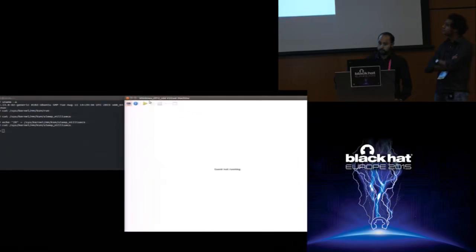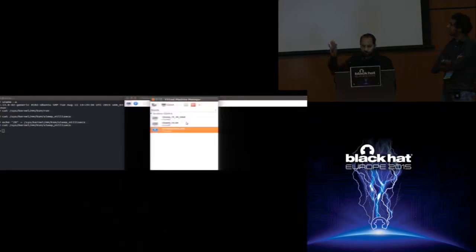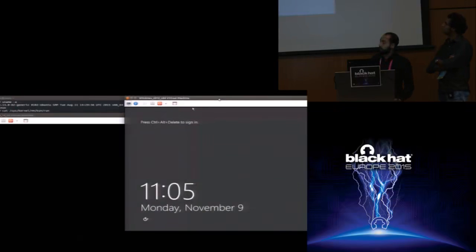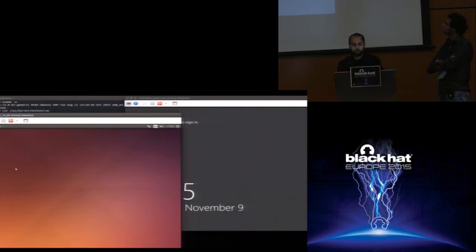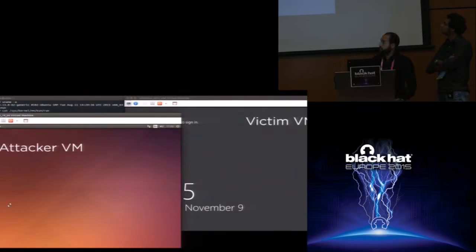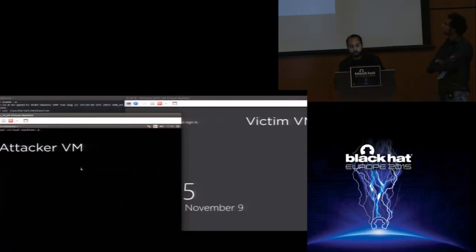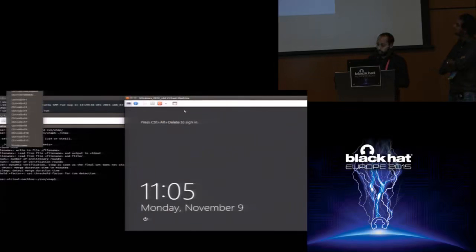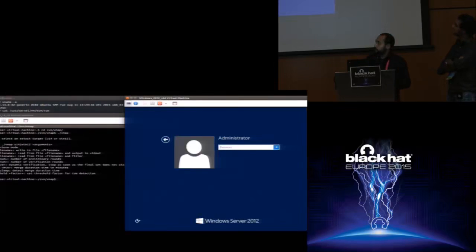Now we're going to start the VM. So here on the right, we'll see the victim VM. This is the Windows server. And on the left, the attacker VM. We use a Linux system, also an Ubuntu system. Yes, and the attacker actually just needs user privileges. I mean, the attacker just needs to be able to access the system in the sense that he can execute a binary, or maybe even something else. So ideally, he needs to be in control of memory or memory allocations.